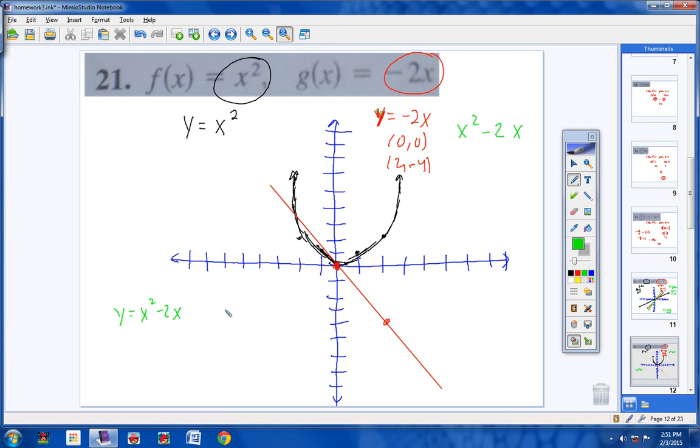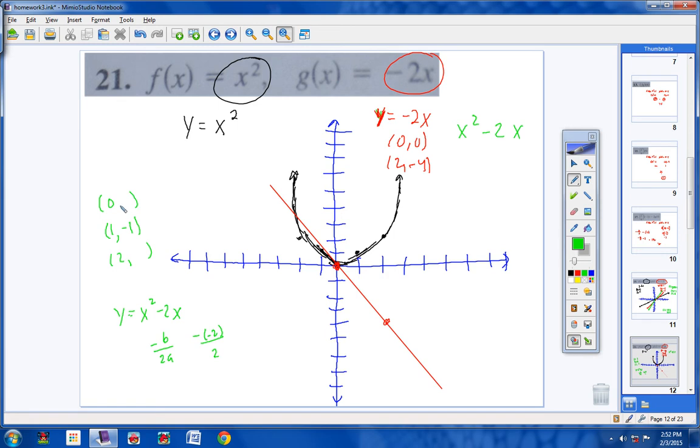Instead, I'm going to very quickly just find the vertex on my own. Remember, to find the vertex is negative b over 2a. So b is negative 2, so negative 2 over 2 times a. A is 1 right here, if you remember all that from algebra. It's 2. So a positive 2 over a 2 is 1. So I know my vertex is going to be at 1. So put in a 1, and you get out negative 1. And then from there, just think about some other points. Put in a 0, put in a 2,